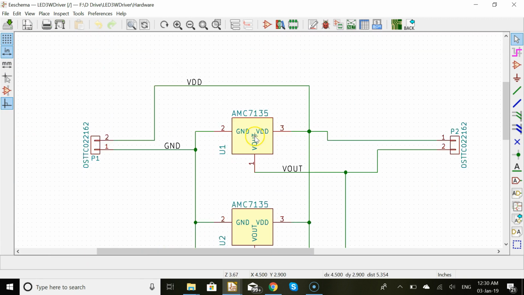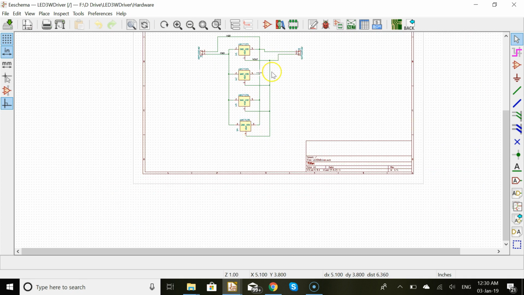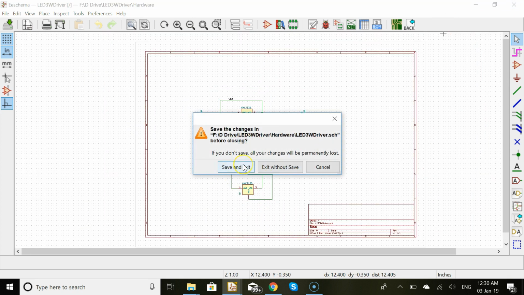There's no question marks now here. That's cool, that's really cool. So just close that. Yeah, save and exit. Once you save and exit, you will no longer be able to access them in the KiCad 4 version, right? So that's one thing that you